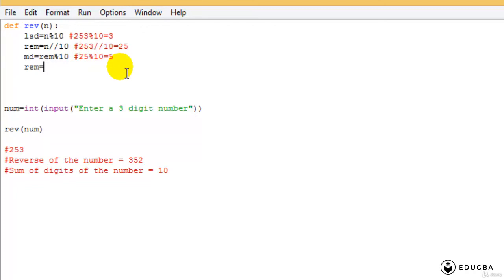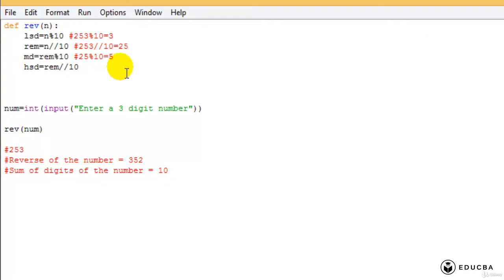Which means I need to do rem, that is the old remainder. It was 25. Now I want only the 2 out of it. So remainder, if I do floor division by 10, I will get this new remainder as 2. But that 2 is nothing but my most significant digit, or highest significant digit, which means I don't need to store it as rem again, but I can store this as HSD.